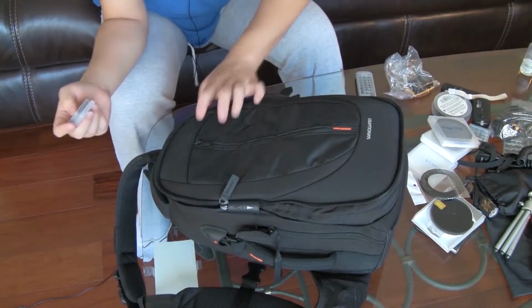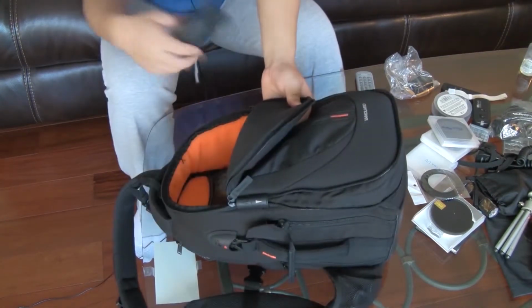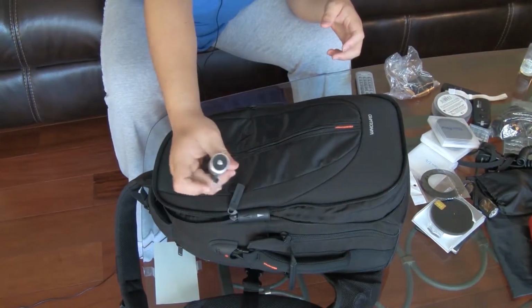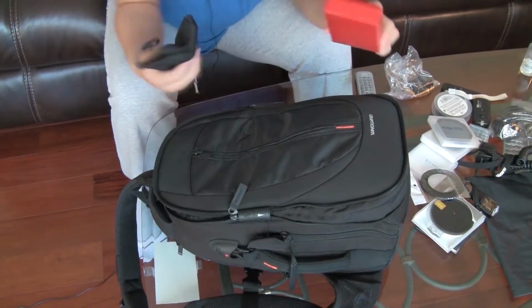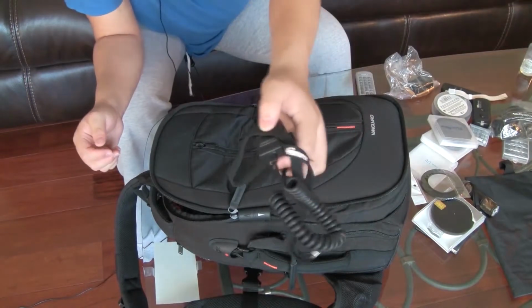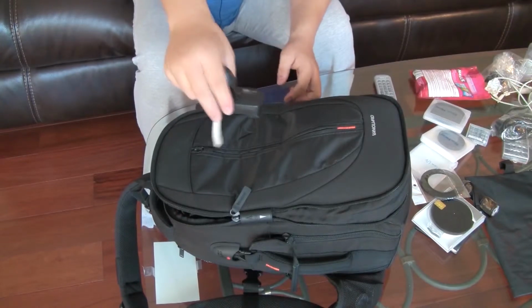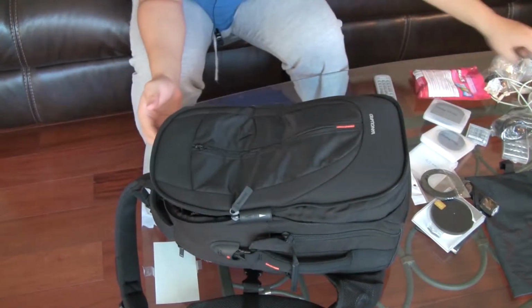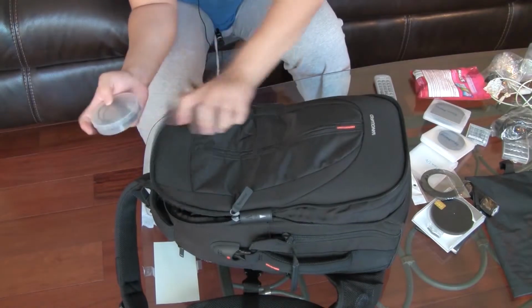So here are my backup memory cards, which I will also put inside the mesh pocket over here. And then my Giottos Rocket Air Blaster goes in. After that, my mini tripod for my flash goes in here. Flash filter holder and flash filters will also go into this pocket right here. Off-camera hot shoe. Now I've got my wireless shutter release, which I will also stick into here, along with the cables required for the shutter release, including my Android OTG,